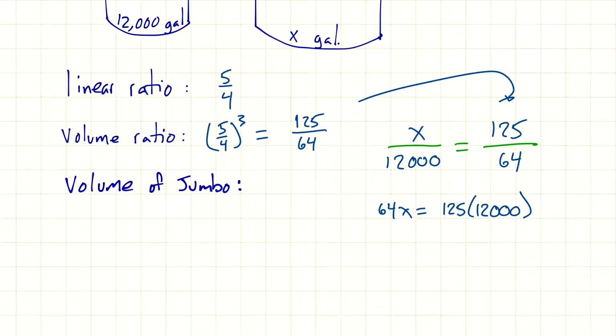All right, and then if I divide both sides by 64, I should end up with 12,000 over 64. So those are the numbers you need to multiply and divide. And so hopefully, if I did this correctly, see if you got this correct. This is